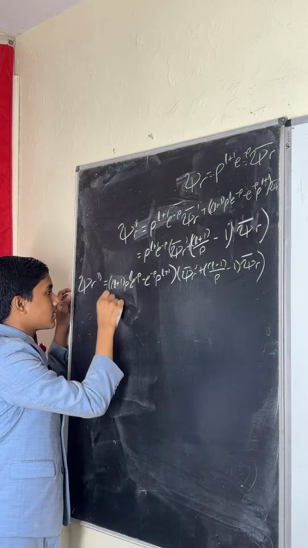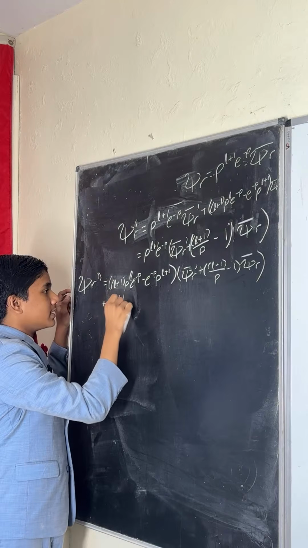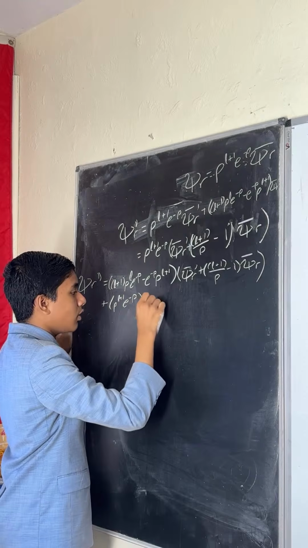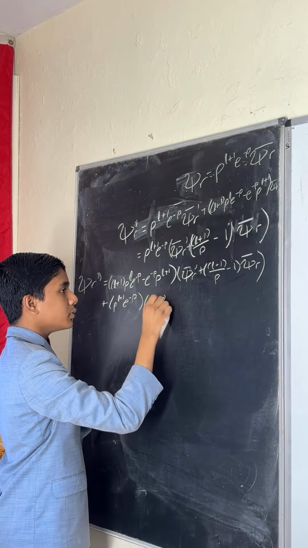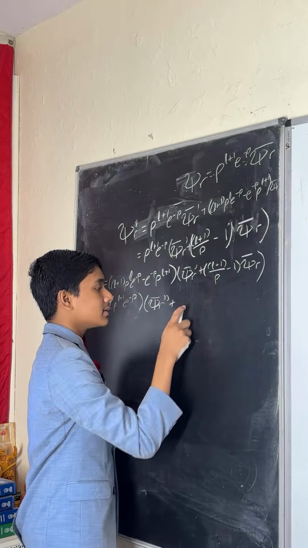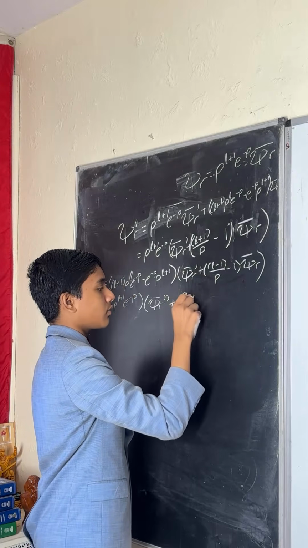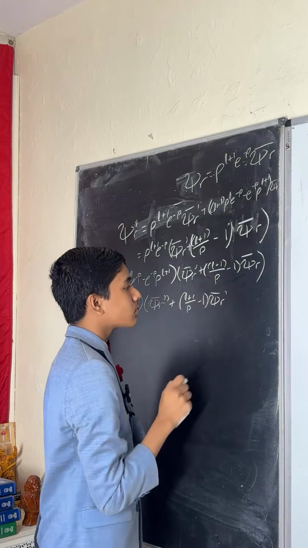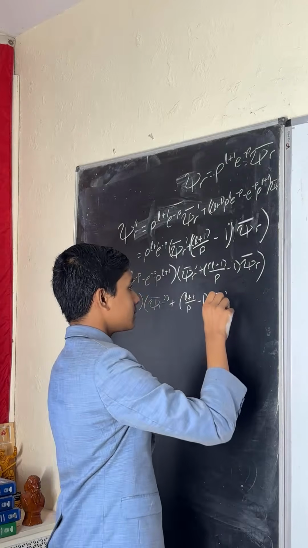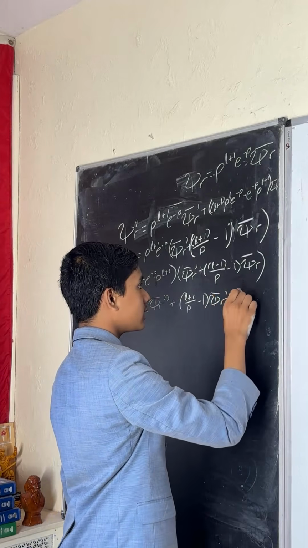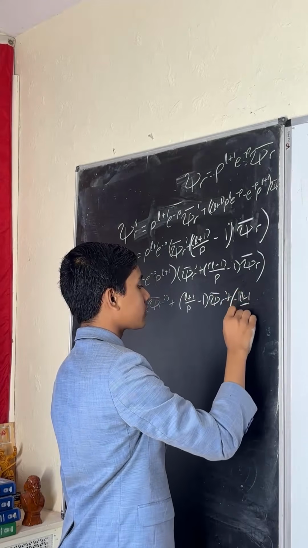Plus rho to the L plus 1 e to the minus rho psi r overline double prime plus, now you have to use the product rule on this guy. This becomes L plus 1 over rho minus 1 psi r overline single prime plus minus L plus 1 over rho squared